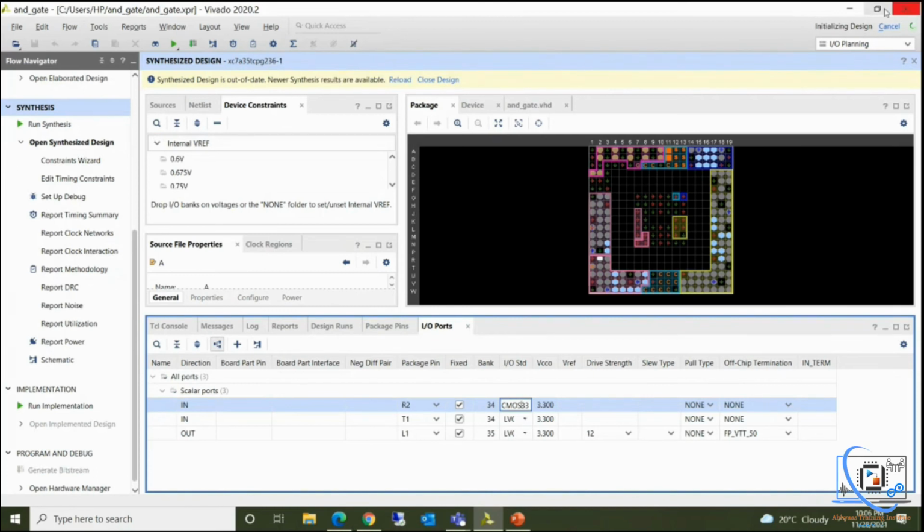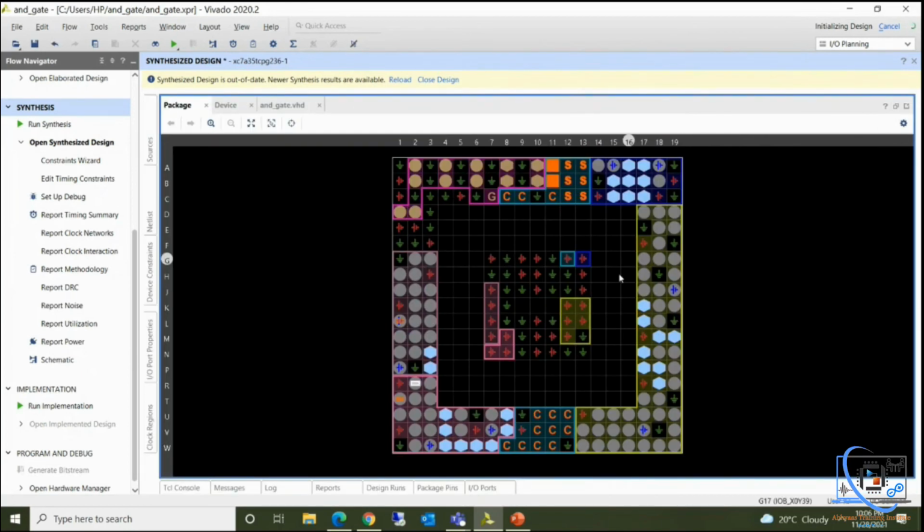Until implementation is running, we can check the package pins and our assignment. We can maximize and see. See here, this is R and this is 2. Remember, we assigned our port A to R2. So this is R2, and if you hover over this, it will give all the description.